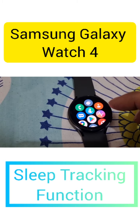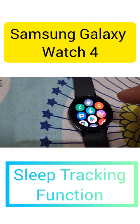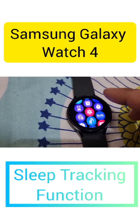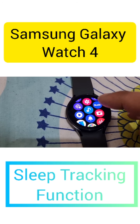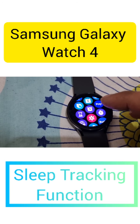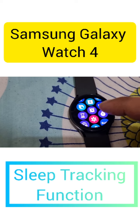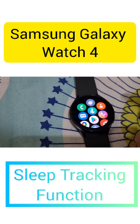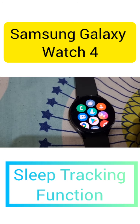Also, some of the important Samsung health features like blood pressure, which are unique and specific to the Watch 4, like the blood pressure and ECG, will only work with a Samsung phone and will not be functional with non-Samsung phones. But the features other than the ECG and blood pressure will be functional with all Android phones, including the non-Samsung phones. This is just for your info, because this is very important for you to know before you purchase a